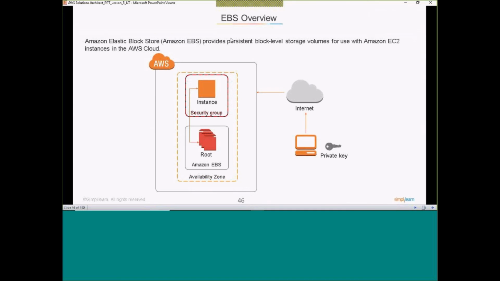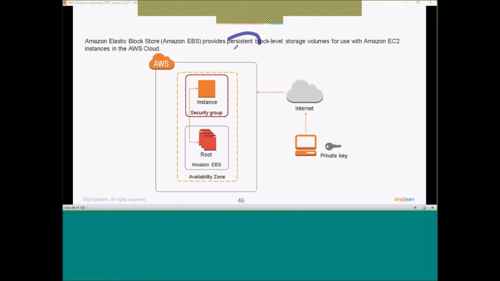Now EBS, we already discussed EBS and instance store, but quickly I will tell you it's Elastic Block Store, and it is block based storage, right? Block level storage wherein we can have the operating system. Just now we have seen our instances are EBS backed. So the complete operating system is created on the EBS volume. It is holding the root volume, and even a file system also. You can even install the application. Since it is block level storage and it is persistent, persistent means even if you stop your instance and start it, your data will not be lost. It will still be there.